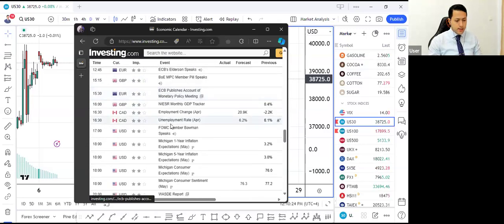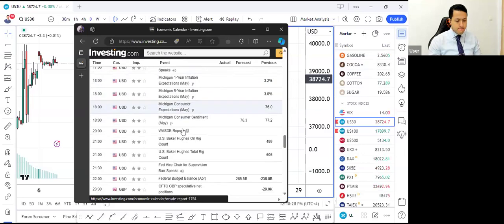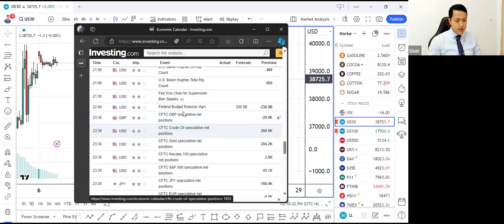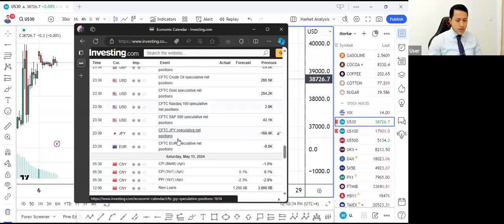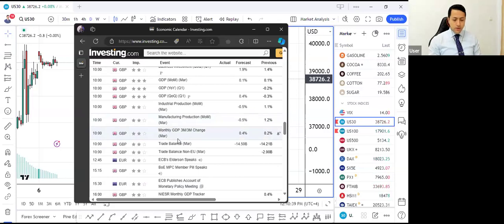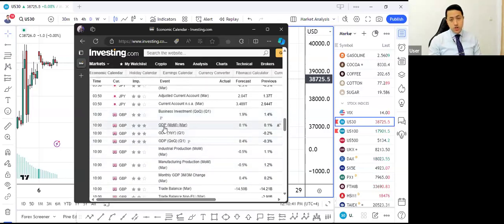And I think that's it. We have another FOMC member, Bowman, and Barr. So 2 speeches on Friday, Bowman and Barr from the FOMC, or the Federal Reserve Board, and the GDP from the UK. So on a scale, let's say,